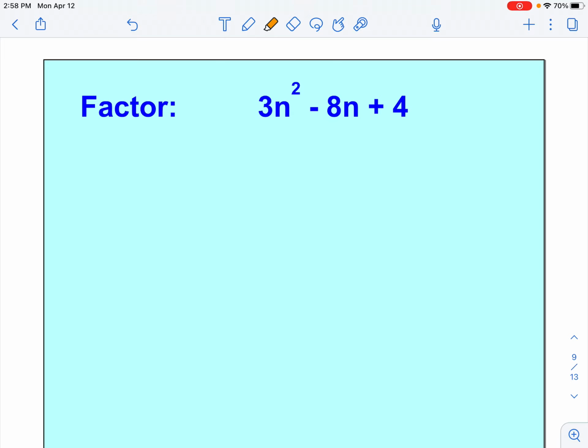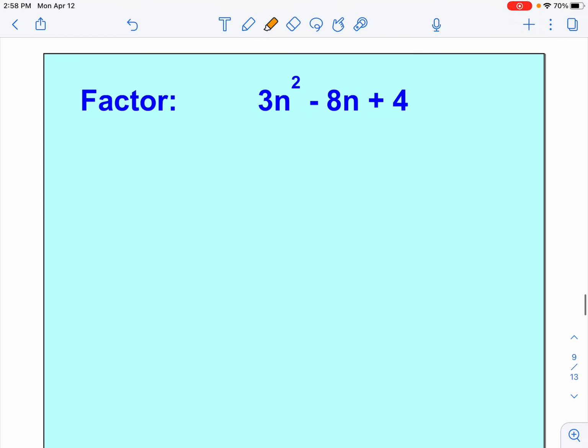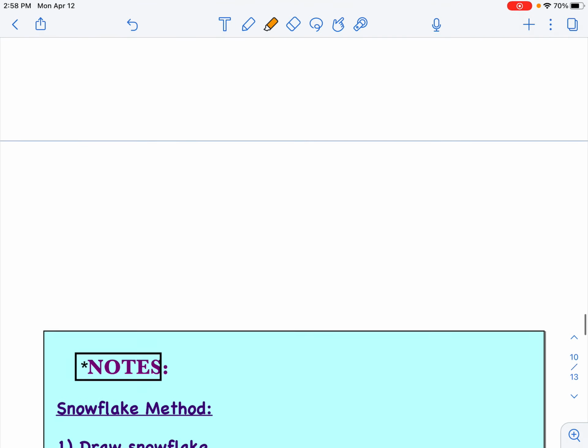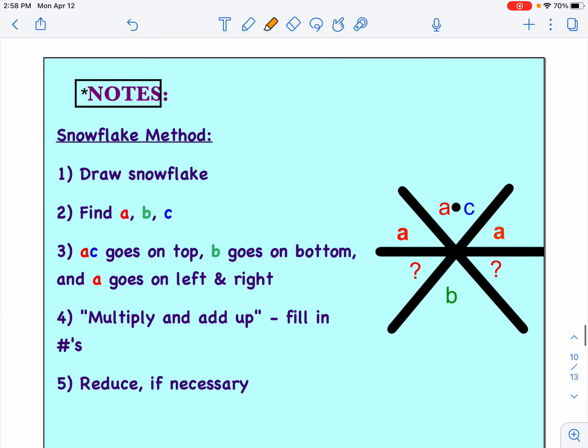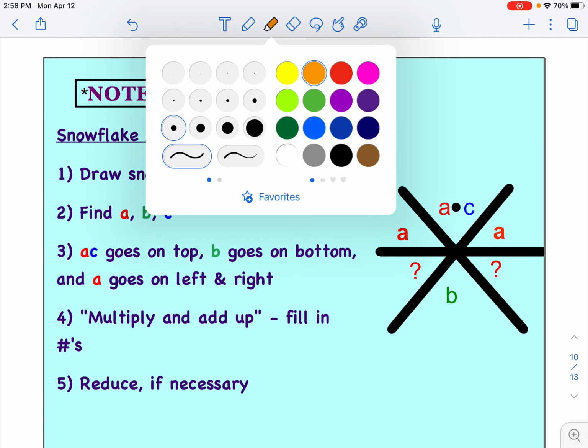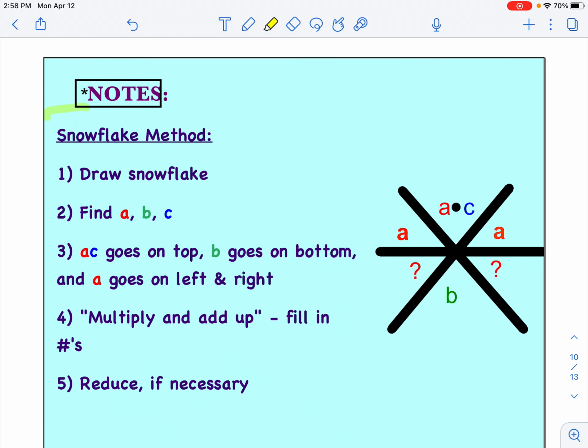Now, remember as you're doing your homework to make sure you show me your work so I can see what method you're using. I will make an additional video later on talking about another method that students have liked a lot in the past called the snowflake method. I'm not going to highlight that one in class because we already have 3 other methods to solve. But this is the end of our video for